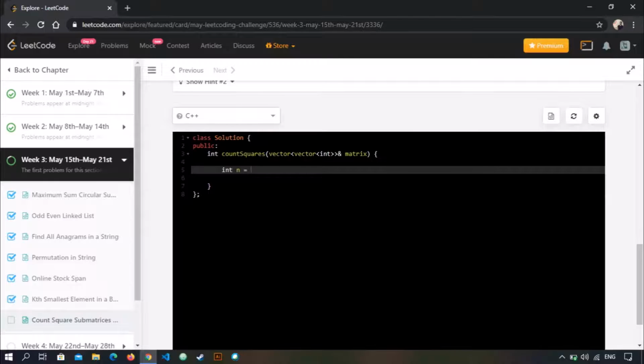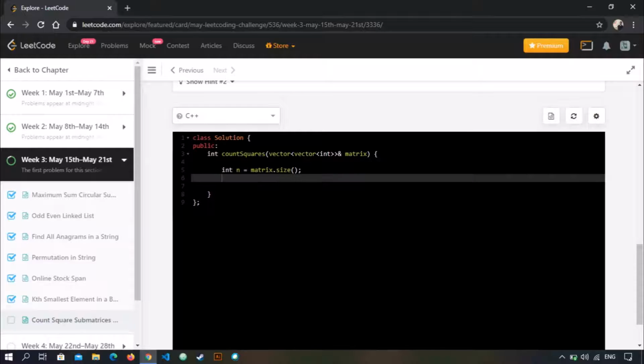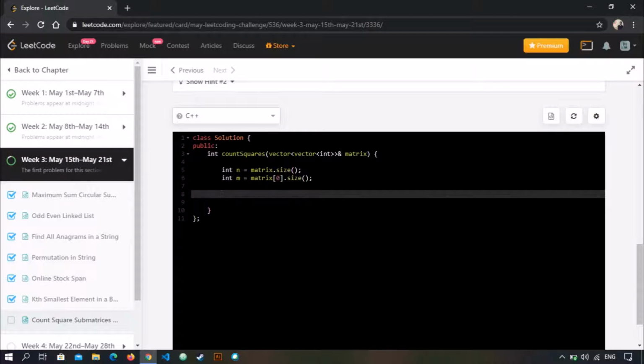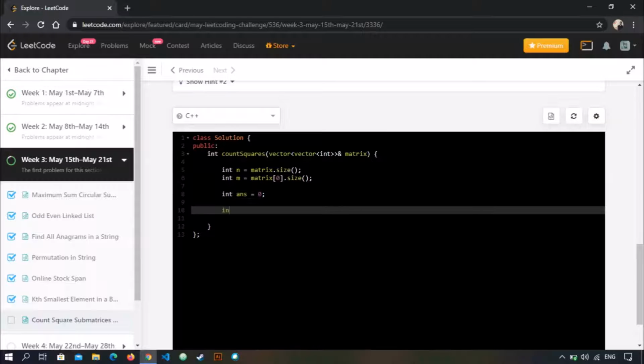Let n be the number of rows and m be the number of columns, and we initialize our answer variable to 0 and we create a new matrix dp of the same size.